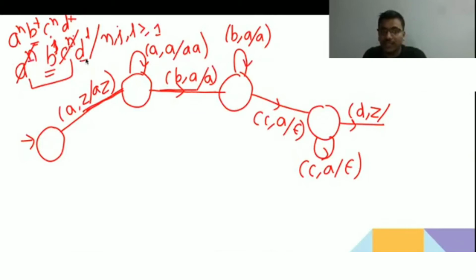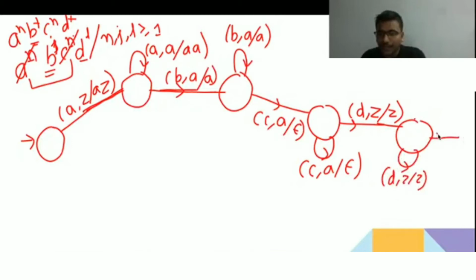Then you got D. So when you are getting D, you will get the stack start symbol. Stack start symbol is Z. You will replace with that only, and you will accept it. And after that, if you are again getting any number of this, then replace Z with Z, and by only getting epsilon, when a string will get replaced with Z, you accept it. Am I clear?